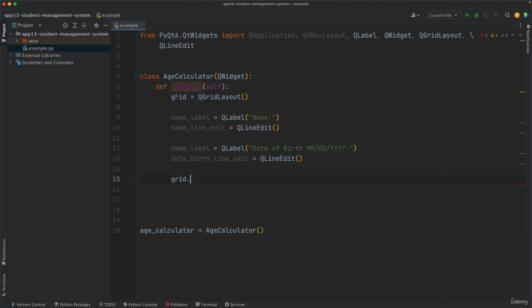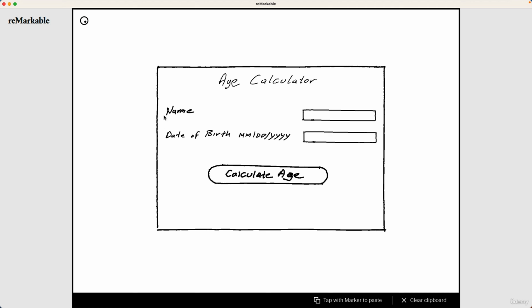So we refer to the grid variable and then to the add widget method, which is a method of a QGridLayout instance. So there we add name label at the position 0, 0, right? So if you see here, this is position 0, 0, then this would be position 0, 1, then this would be position 1, 0, and this other text box would be